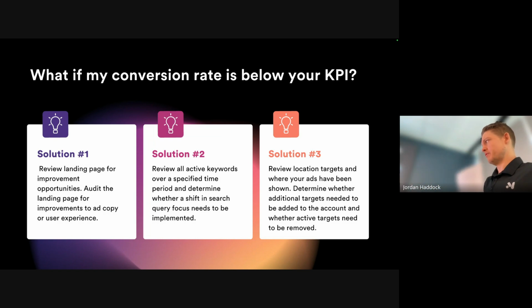And then we'll also do a review of the location targets. Similar to cost per lead, there might be location targets that are converting below our KPI. We want to continue to spend in the locations that are converting above our KPI. So if we pause certain locations and reallocate the budget towards the higher converting areas, that'll be improvements across the board